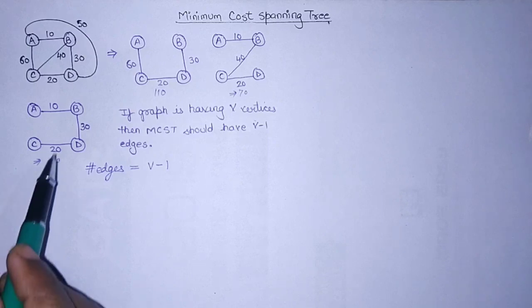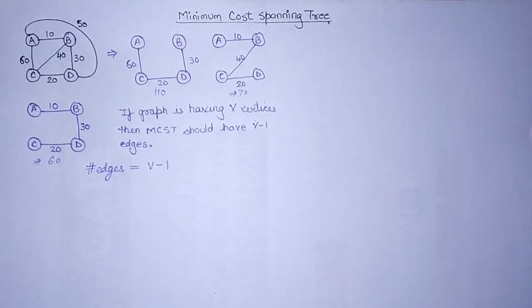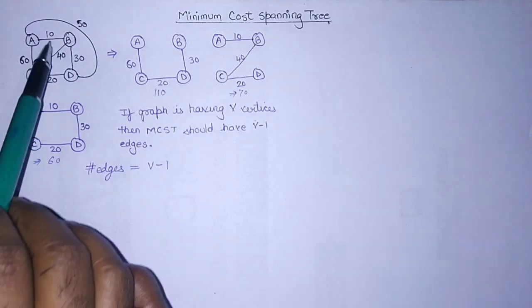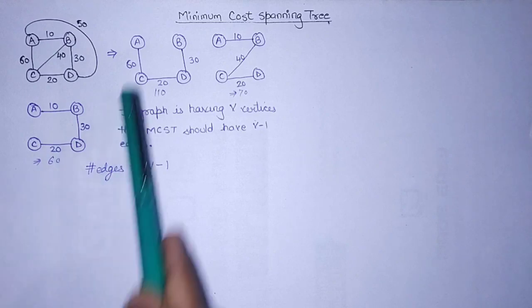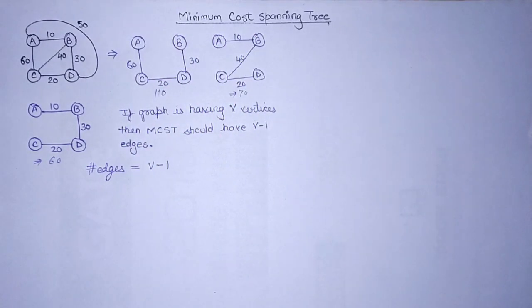That means if I am able to find such a spanning tree which has the lowest cost, then it is known as a minimum cost spanning tree. But if you want to randomly find the minimum cost spanning tree for this question, it will take a lot of time, because each time you have to try one possibility. So is there any other method that we can use without working so hard? Yes, there is a greedy method to get this done.